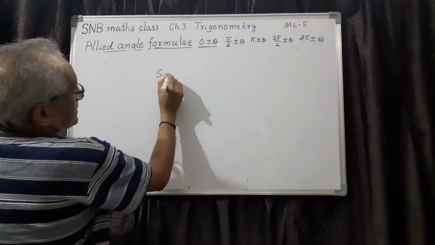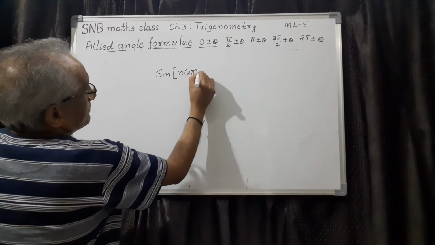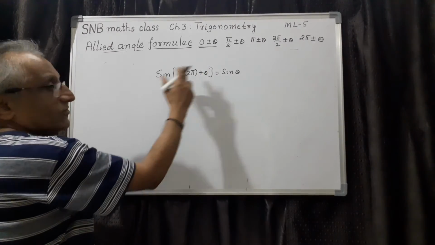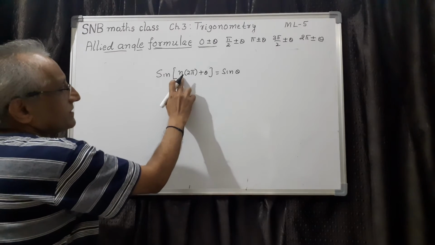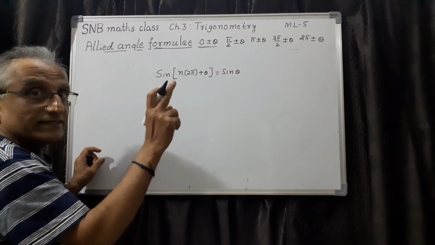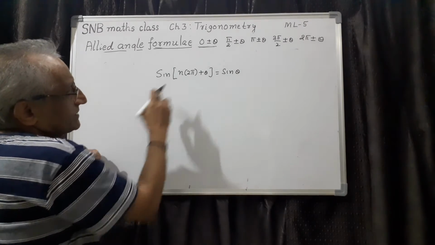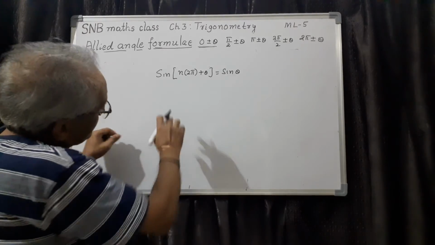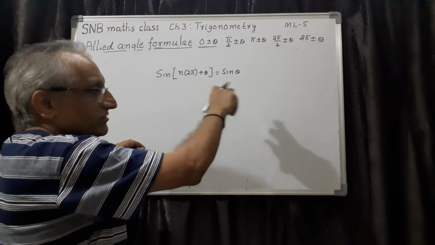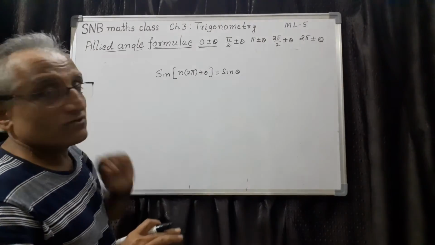Any ratio you take, sine for example, sin(n times 2pi plus theta), this is always sine theta. Instead of sine, cos also, tan also. And instead of this, you can also write 360: n times 360 plus theta. In that case, all should be in degree measure. Here it is radian measure. n is of course positive here, because negative sometimes goes wrong. Even negative also it is correct, because with 2pi, one is going anti-clockwise, another one is coming clockwise. So there is no difference. So these two are one and the same.